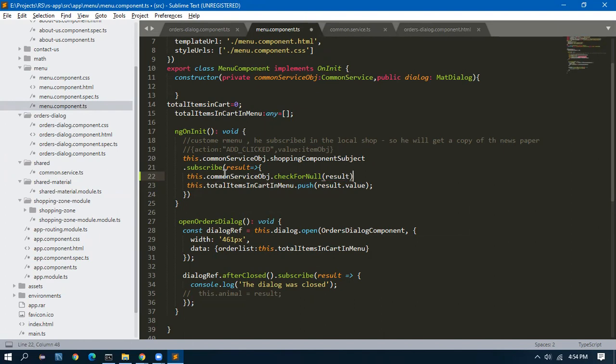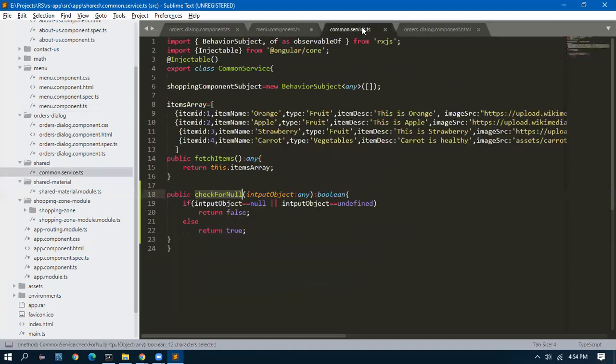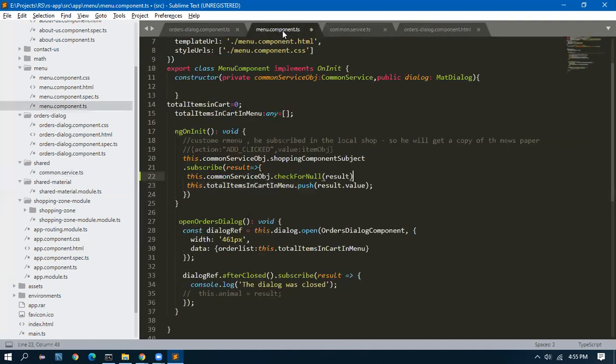If that object is not equal to null and not equal to undefined, it will return true. Only then will I add it. Since it's only one line of code, I don't need braces.